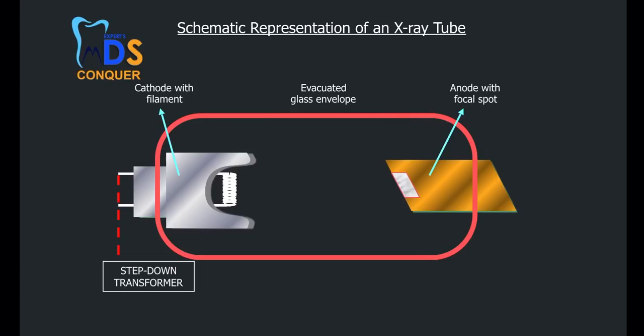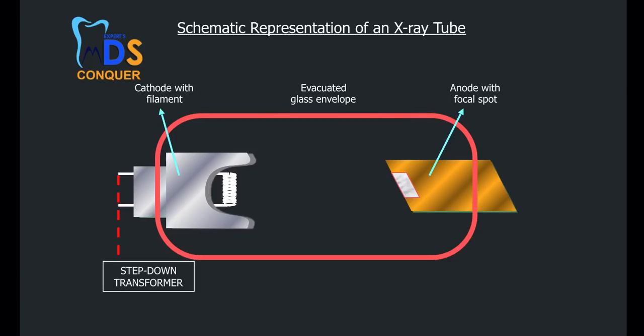So here the focal spot is again made up of tungsten, and why the tungsten is being used, we'll be discussing further. So we are done with cathode and anode. The anode consists of a focal spot made up of tungsten, and it is slightly angulated by about 20 degrees in order to get an effective focal spot size of 1 into 1 mm. That angulation of 20 degrees is called the line focus principle. We are done with cathode and anode. These are the important aspects related to both these concepts.